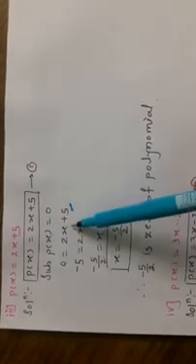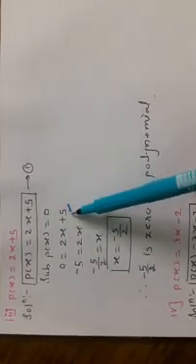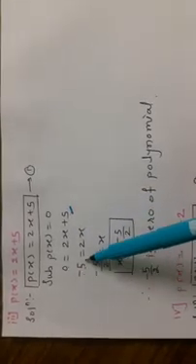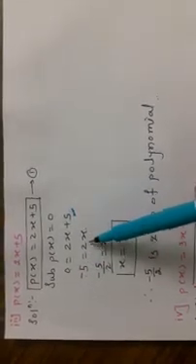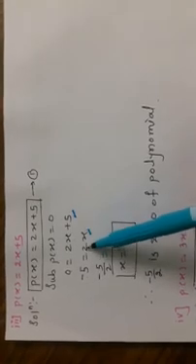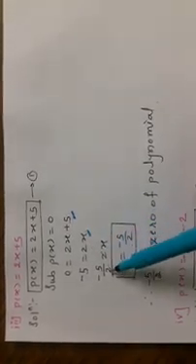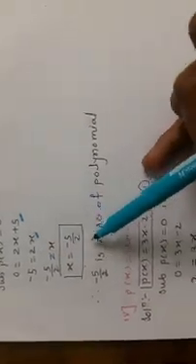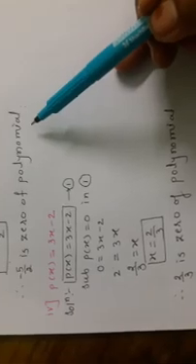To solve this, what are we doing? We are shifting the constant term first. That is plus 5. We are shifting it, minus 5, which is equal to 2x. And then we have to find the value of x. So 2 into x, so we will shift again the 2, so minus 5 by 2. So x is equal to minus 5 by 2 is a 0 of the polynomial.